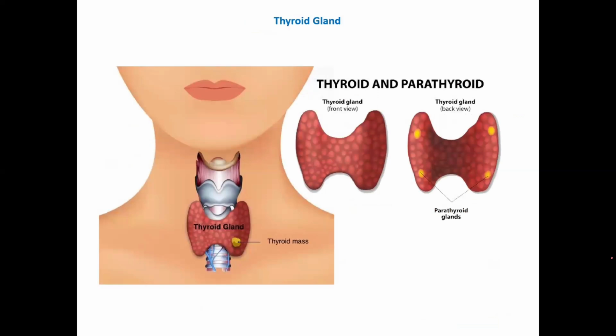Right? Let's do one by one. Start from the thyroid gland. So, as you know, the location of the thyroid gland, let's write down the location. It's the neck. Which kind of hormone is released by this gland? The hormone is thyroxine. The major important hormone is thyroxine.